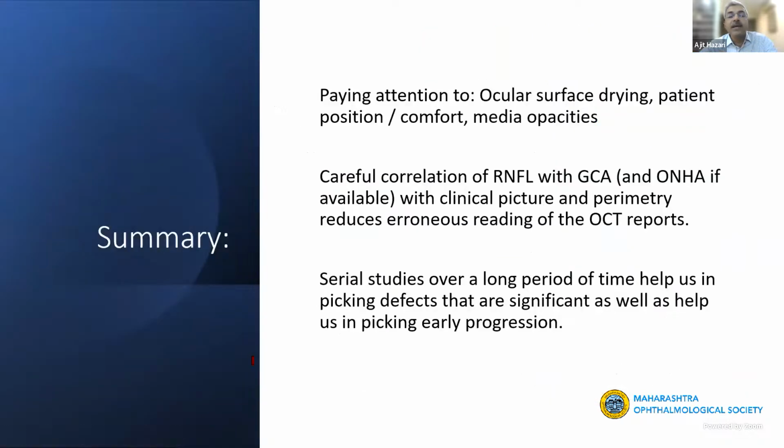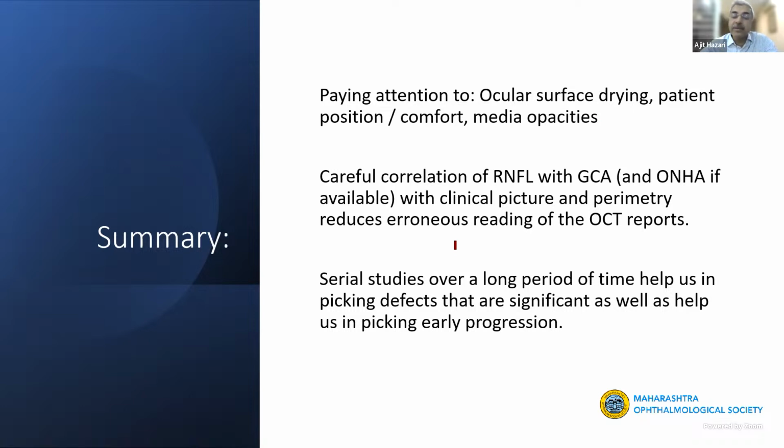Yeah, let's come to the summary, okay? And the summary is that you pay attention to the ocular surface, you pay attention to the patient's position and comfort and the media opacities that the patient may be having. Careful correlation of the retinal nerve fiber layer and ganglion cell layer analysis, and if ONH is available, with the